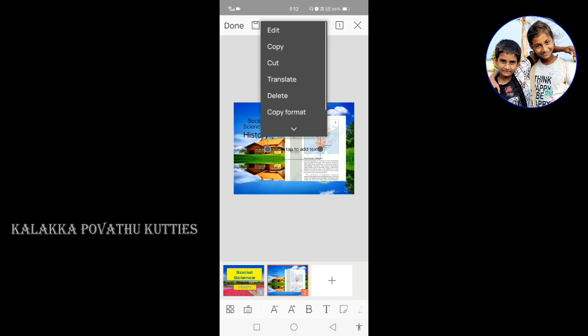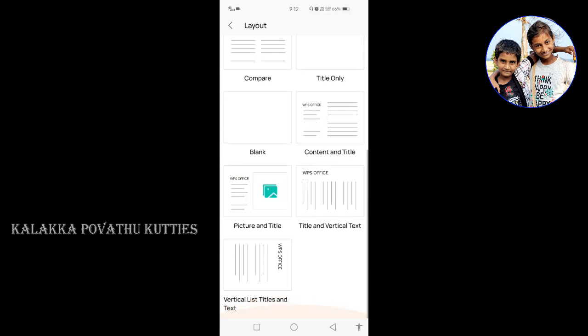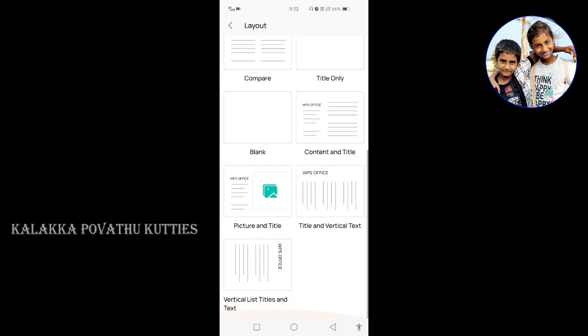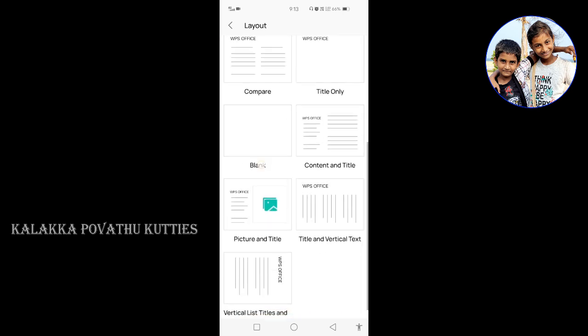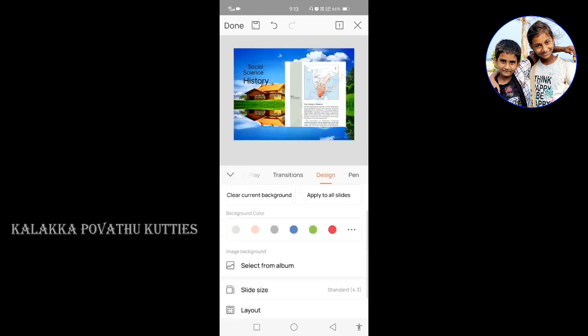See here, if I want to delete it, an option has been given for us to delete. There are many layouts for us to give. Now we have many layouts for us to do like this.